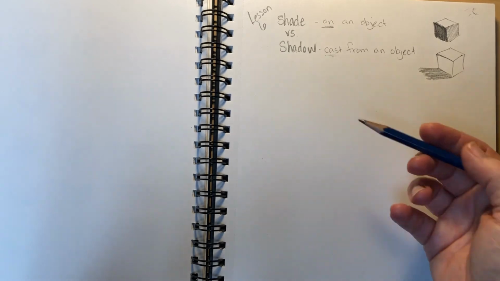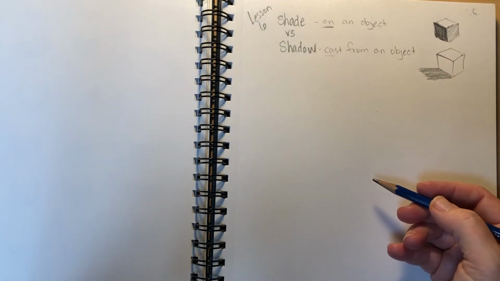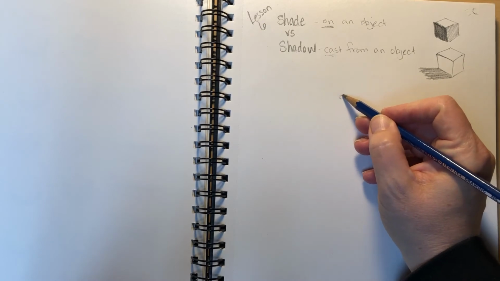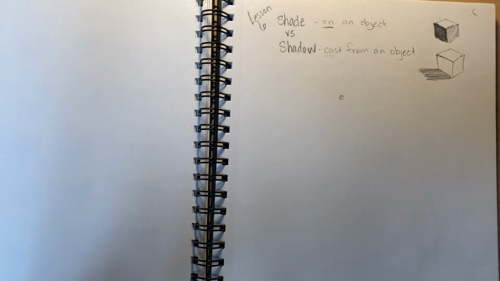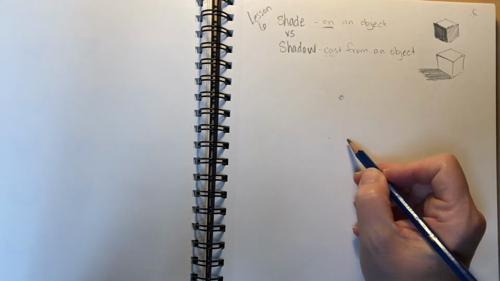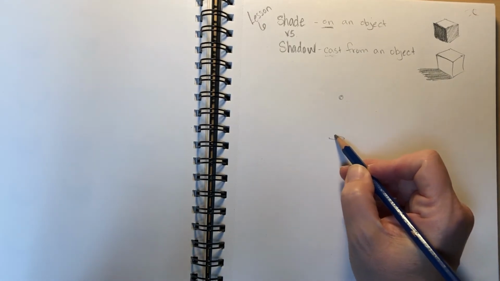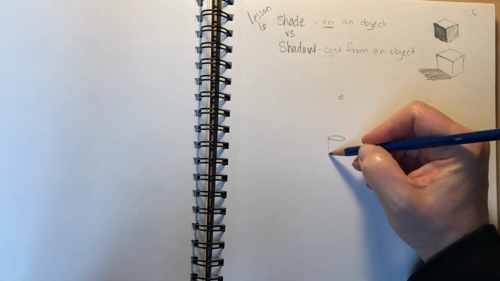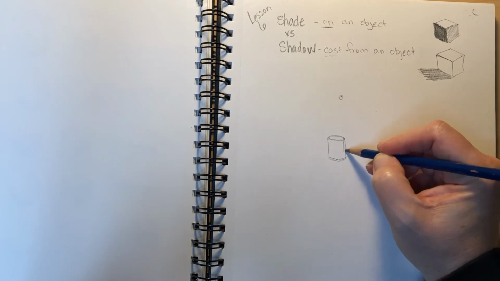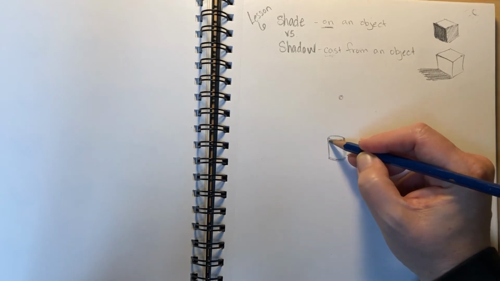So when we're talking about shadows, of course, just like shading, we need a light source. So I'm just going to draw this in. We'll use the sun. If this is our light source and this is our object, maybe just for variation, I'll do a cylinder. So if this is my object here,